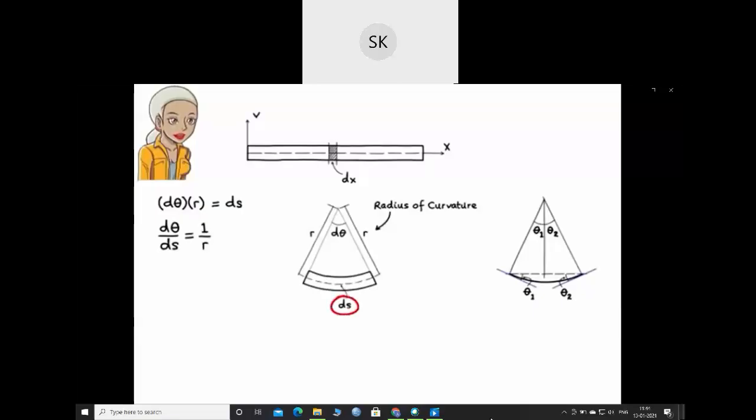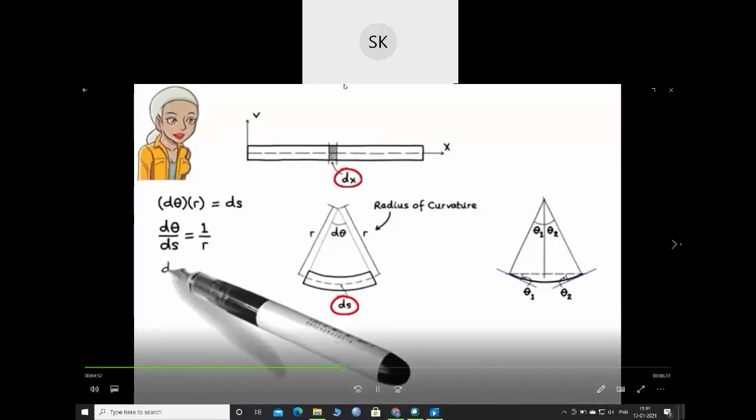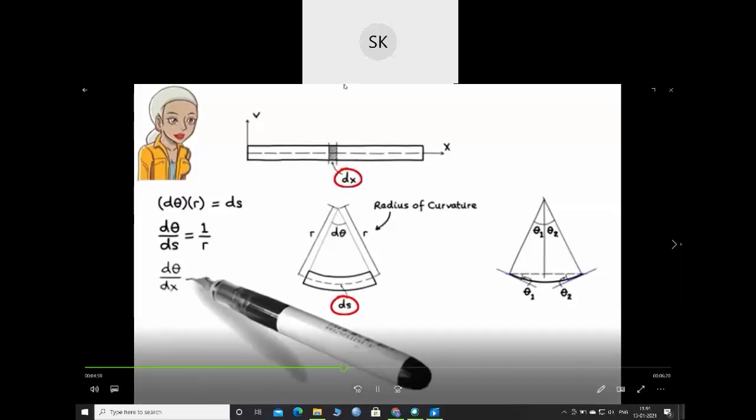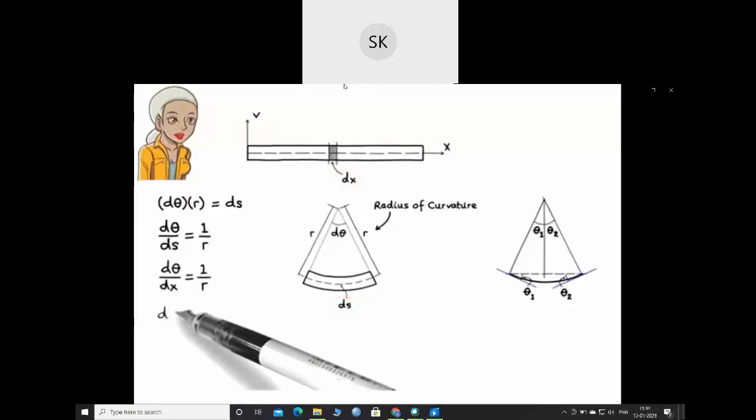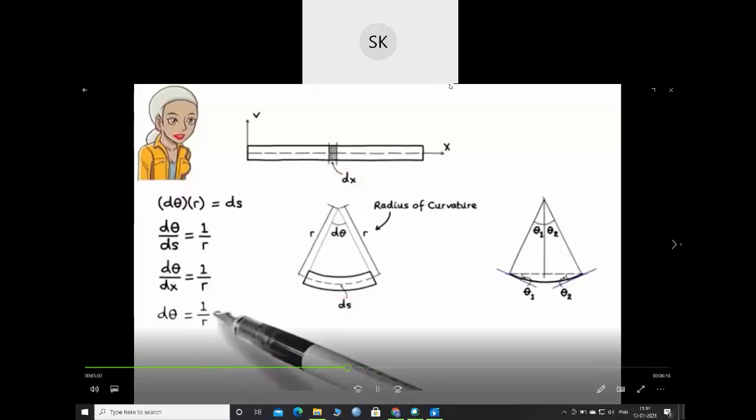Integrating both sides of the equation, we get theta equals the integral